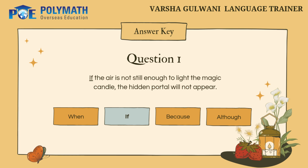Well done, everyone. It's time to reveal the answers and see how well you conjured up your conjunctions. Let's go over them together, one magical sentence at a time. Question 1. If the air is not still enough to light the magic candle, the hidden portal will not appear. The correct answer is "if." Explanation: